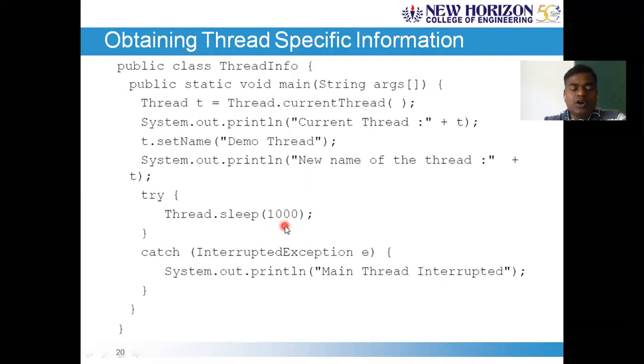If any interruption occurred, an interrupted exception will be generated automatically by the Java runtime environment and thrown. So catch interrupted exception. System.out.println of main thread interrupted, which is one illustrative program showing how we can refer to the main thread of execution, or the default thread of execution, in the program that you have developed.